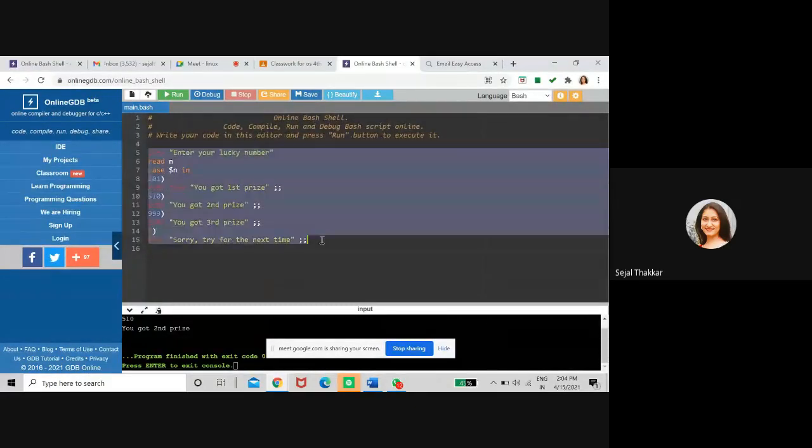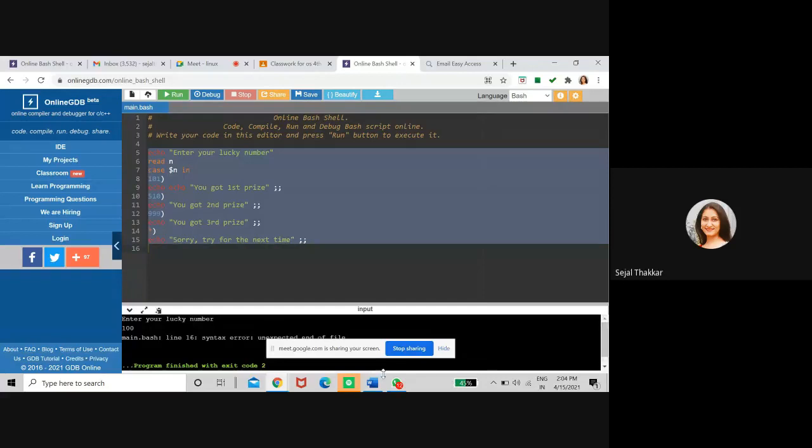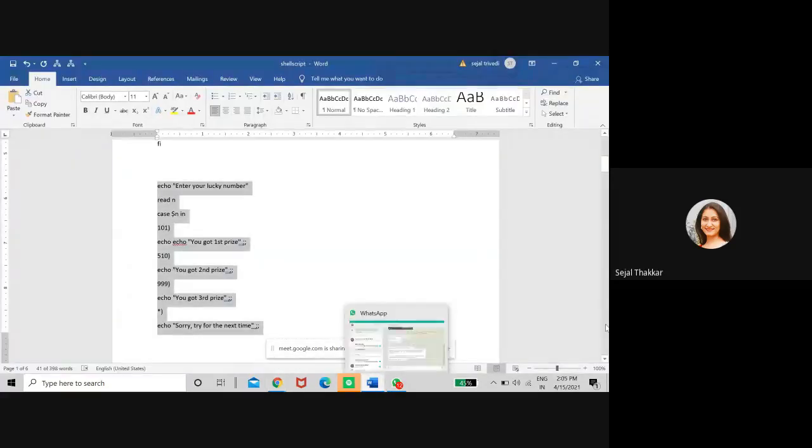Select whatever you want to run. Suppose this time I am selecting 100. So it shows the error because you have to try for the next time. This is not going to execute because this number is not available in the case statement.